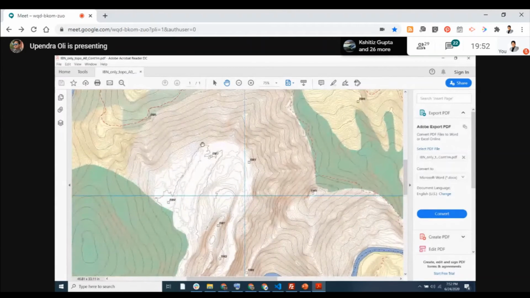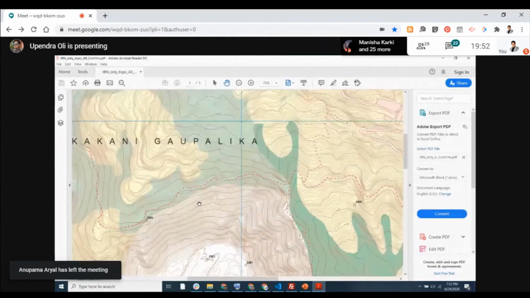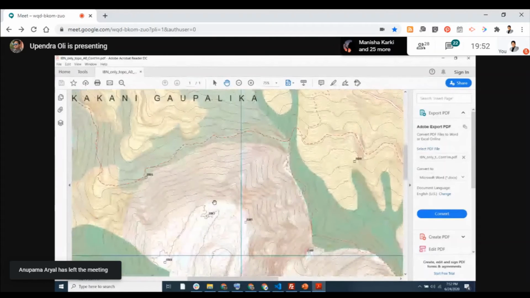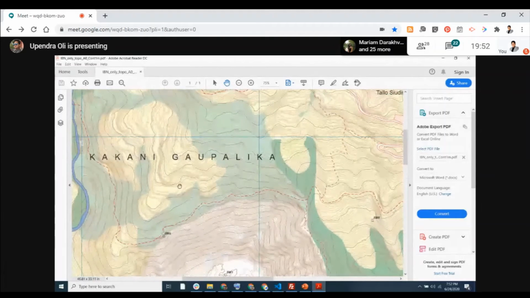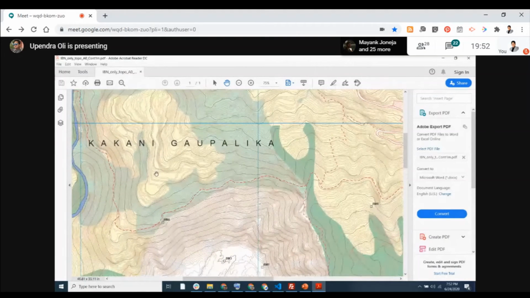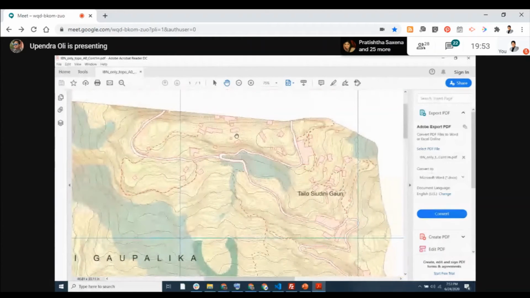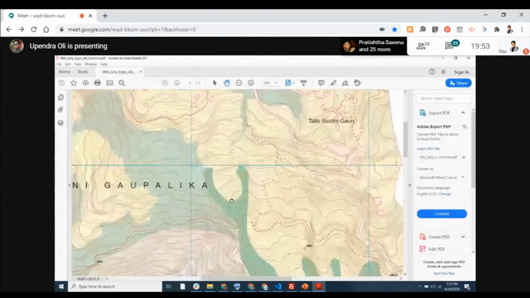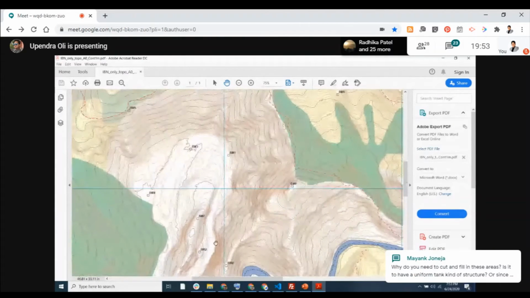Another major advantage was, if we had done the total station survey, this level of data was not possible. This level of contours, you can see the round contours here. Even very small, smooth areas can be visible here, and the roads and everything. If we had done it using the total station, it would not be possible to plan this site in a better way,